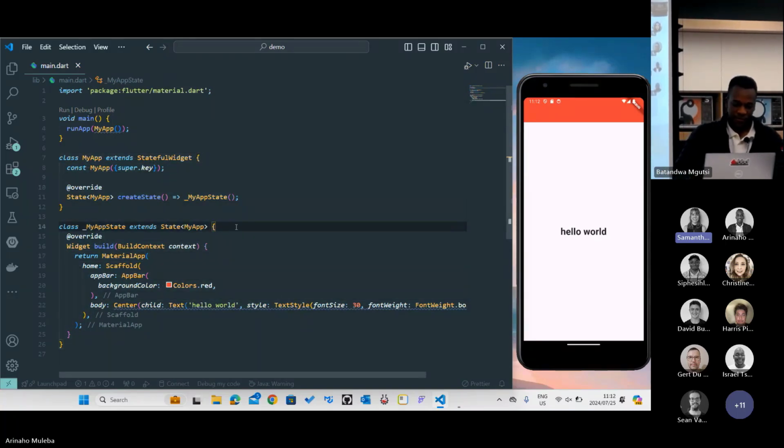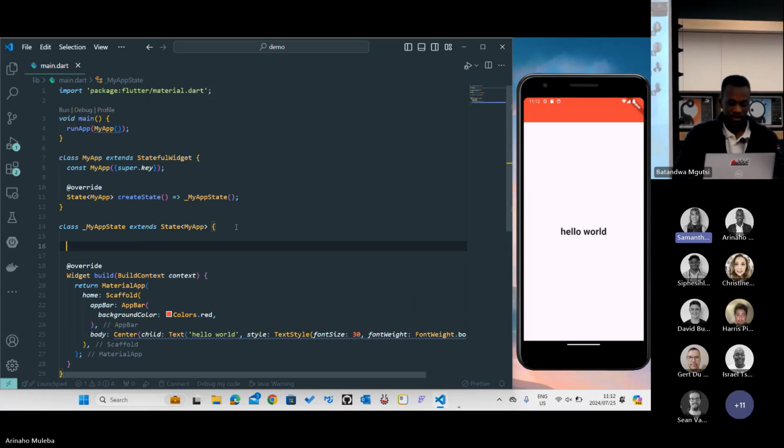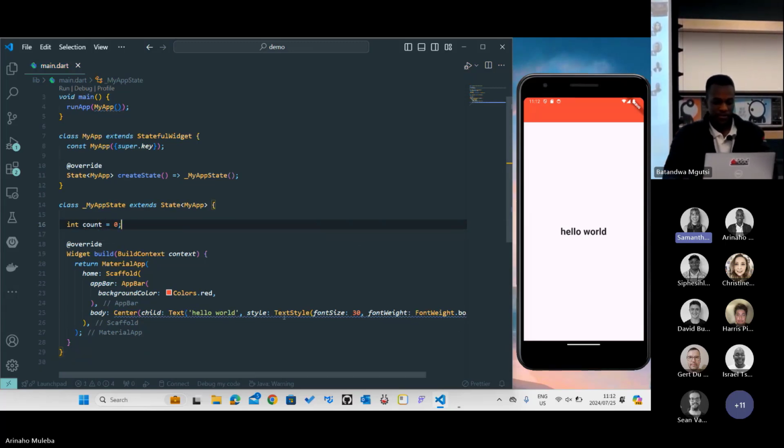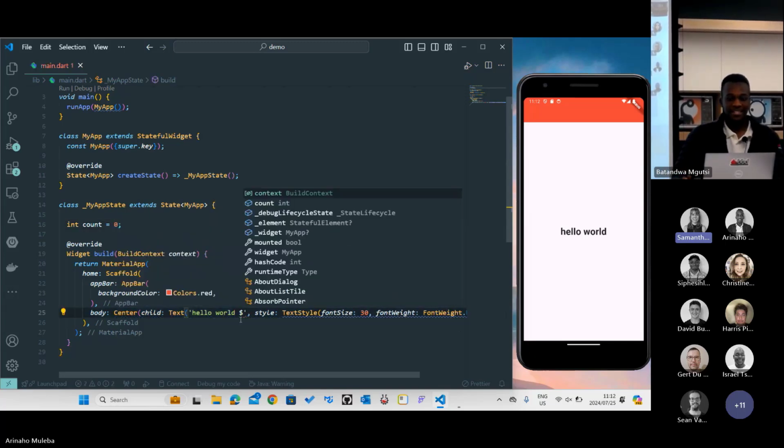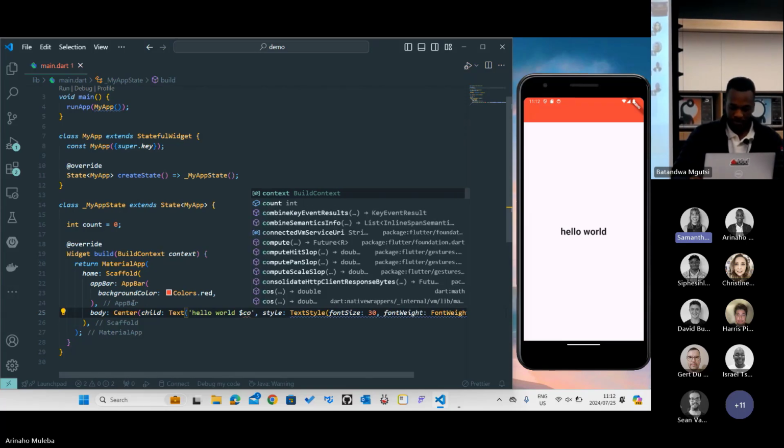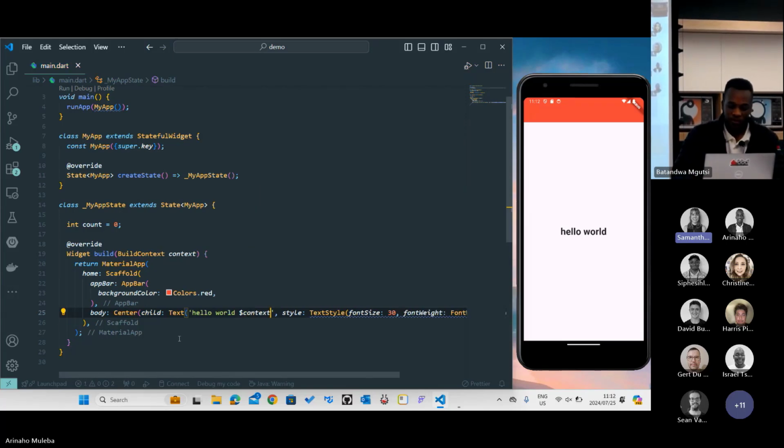I'm just gonna create a state variable called count, and it's gonna be an integer. Then I'm gonna say it equals 0, right? And because Flutter has a unified type system, everything in it is an object.